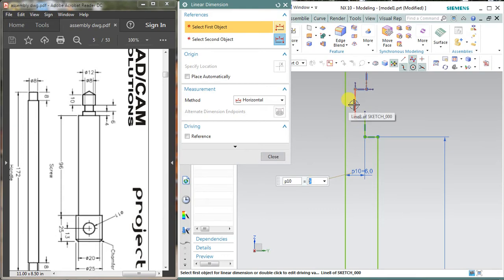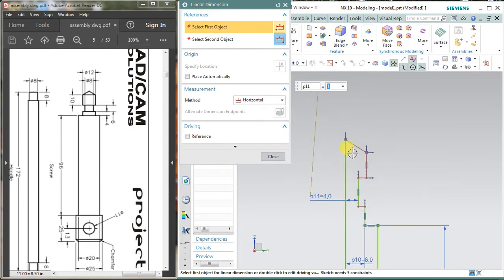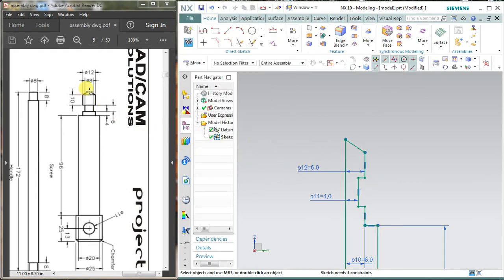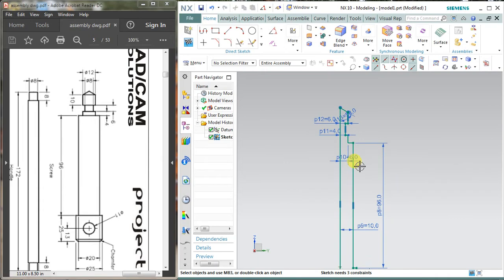Again this middle portion is going to be 8 mm, so I am assigning 4 here, and this portion is also the same in dimension, so assign 6 mm again here. And if you are thinking about this V-shaped screw, it is by default 118 degrees, so assign half of the 118 by selecting this angular dimension. Select this tapered line and vertical line, and 118 divided by 2 it is going to be, and okay. Now my sketch needs 3 constraints.